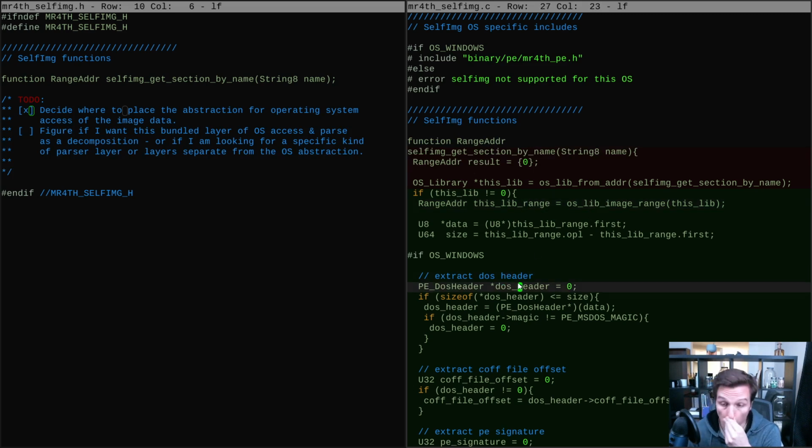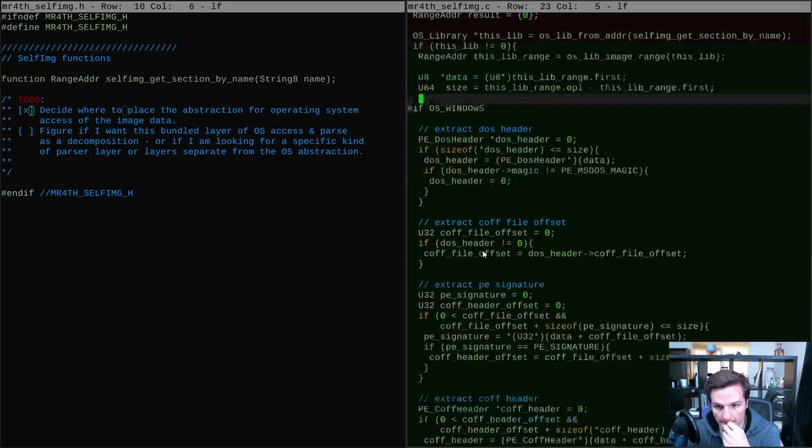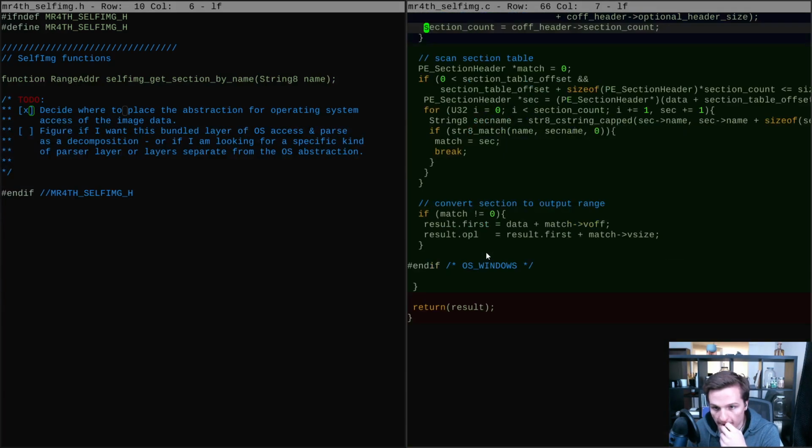I need to come up with a stable term. Any of these binary formats, whether in file or image format, gosh, it confuses me trying to say it out loud. So anyway,